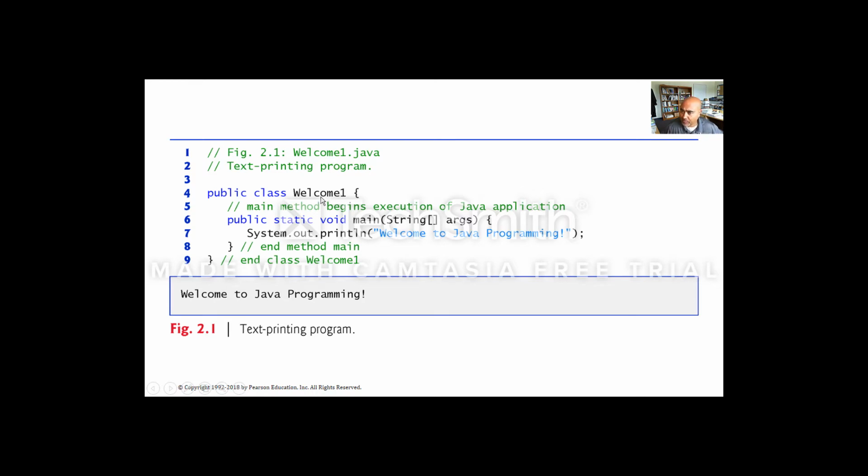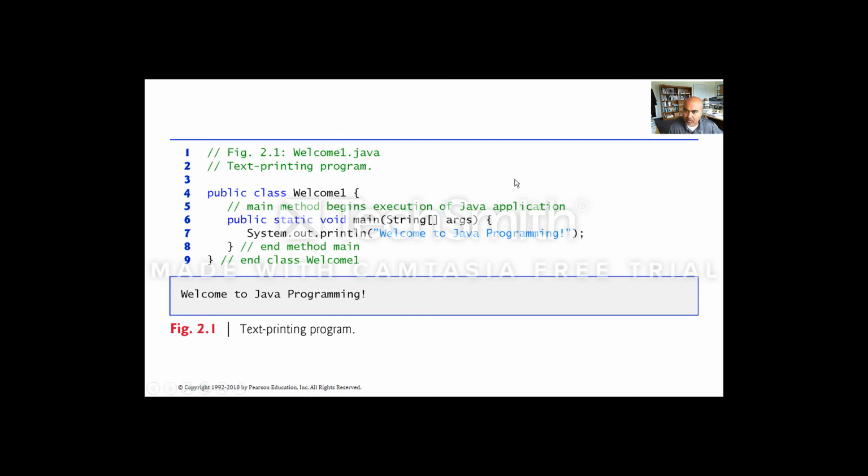Welcome one is the name of the class that you have defined. Now Java is case sensitive, so if you define your welcome one with a big W, you have to save your file exactly the same way with the same capitalized W, otherwise you're going to get an error. You would start off with an open curly brace and would end with a closing curly brace. These are all in pairs, and if you are missing any of the paired braces, you're going to get an